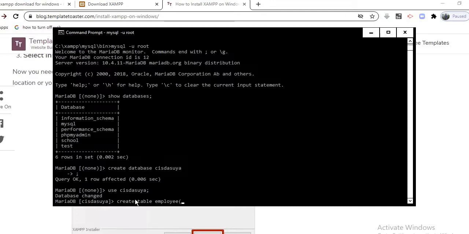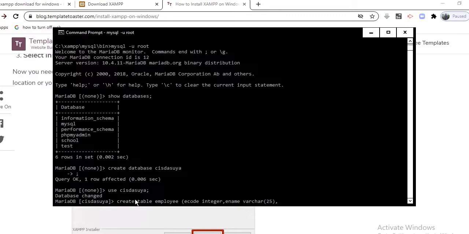So let's say the first attribute I have is e-code. E-code is the employee code, and its data type I keep as integer. Then another attribute is e-name. Its data type is varchar, and its size is 25.